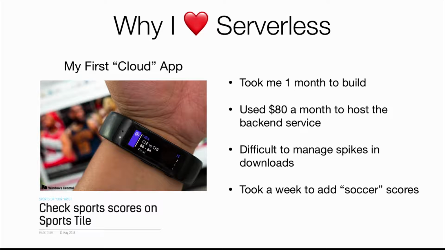Now, just one more thing about why I love serverless. I talked about how some of my first apps were on Windows Phone. This is actually my first cloud app that I'm sharing here. In some ways, it was interesting because this was both written for Windows Phone and it was written as an app specifically to interface with the Microsoft Band. So unfortunately, I don't have a lot of users now because there hasn't been a new version of the Band for a while, but that's okay. I still got the great experience of writing this.